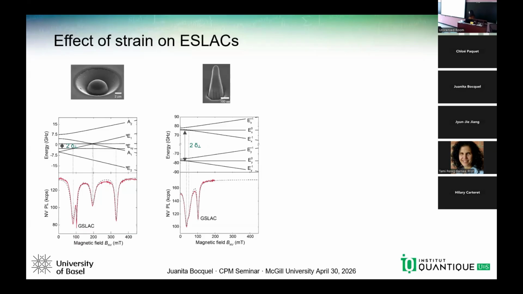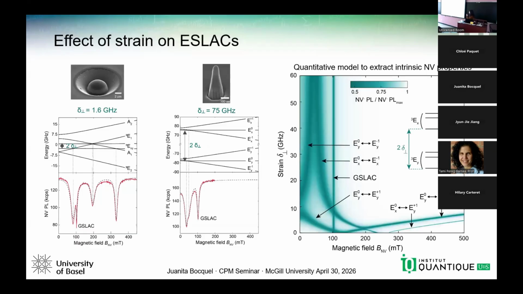And with a Hamiltonian model, you can then, with theory, just sweep the entire range of strain values. And we see that this energy center has a low strain, we find it somewhere here, and this is a high strain. Are you applying the strain? So in that case, we are not actively applying. We are looking at an energy center that is far below the surface, and it's interestingly low strain compared to an energy center that is about 10 nanometers from the surface in a nanofabricated diamond structure. Yes, this is a theory, but this we are not able to do